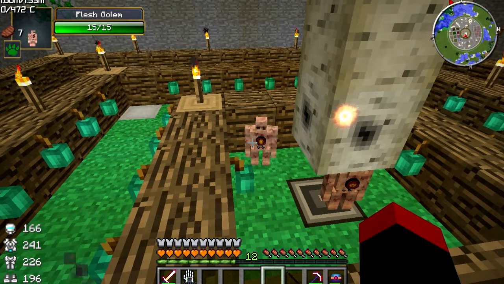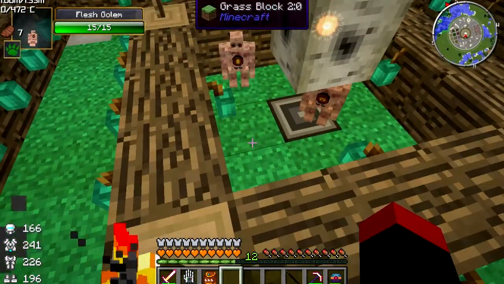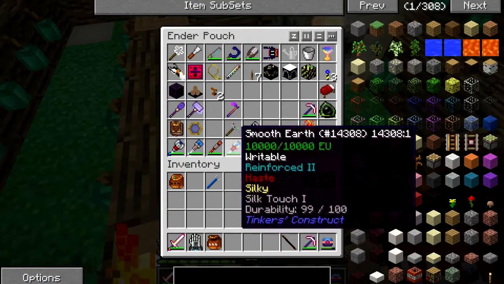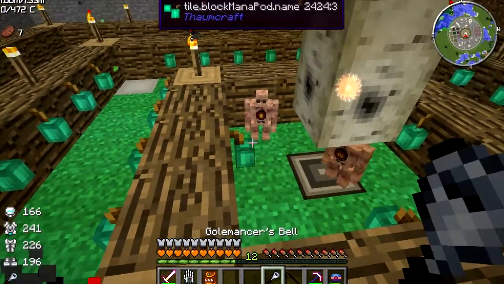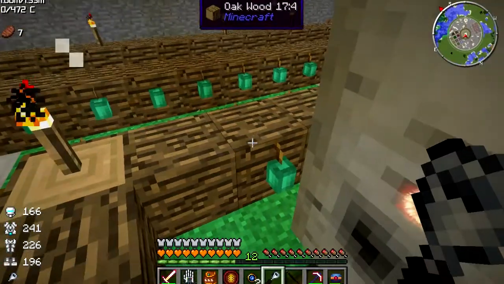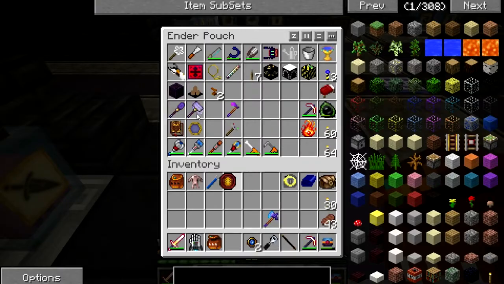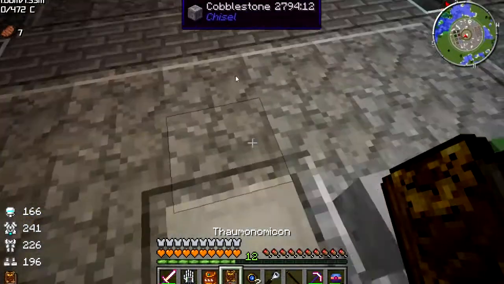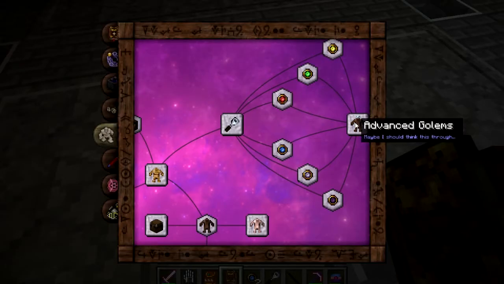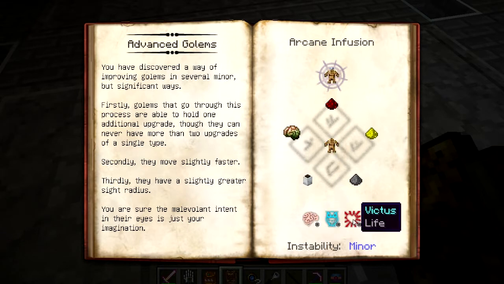Right, let me pick him up with the Golemancer's bell. Now I do believe I might need to sneak left click to strip him of his parts. Ah yes, and I kept everything. Lucky me. So I need to upgrade him using the infusion, which I'll just quickly show you in the recipe thing here. So it's advanced golems, which is a wooded jar, redstone, glowstone, gunpowder, a brain, and some cognito, some sensors, and victium, which allows him to have a third